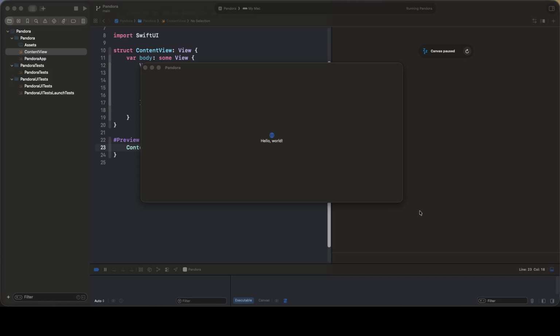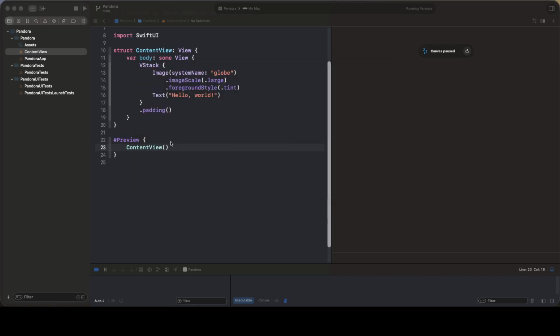So this is where we got to at the end of the first video. All it is is a build of the template application within Xcode. So let's get started. Today what we're going to do is